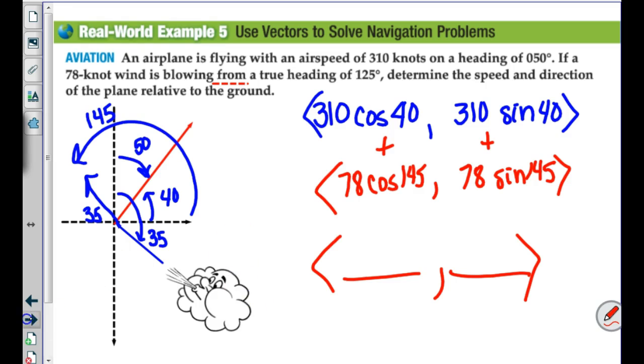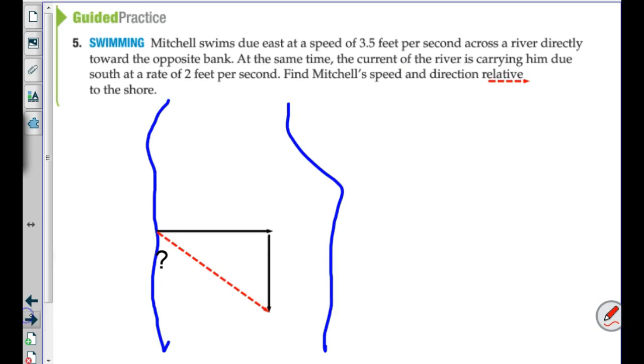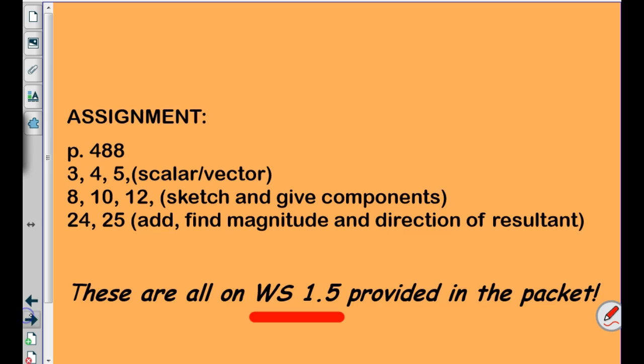All right, so the homework is basically all on worksheet 1.5, okay? Worksheet 1.5. It's circled which problems you have to do. There's not very many of them, and I'm not sure you'll be able to finish 24 and 25, so there's like 5 problems. Any questions? All right,